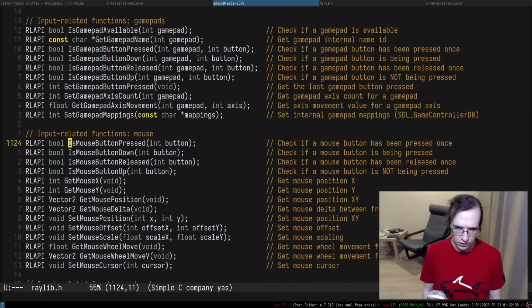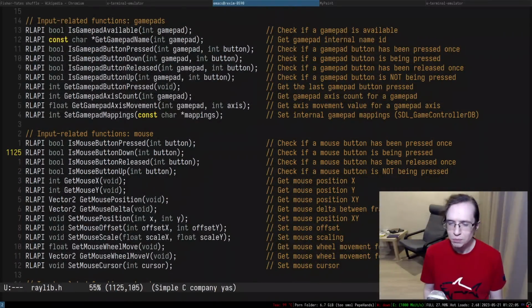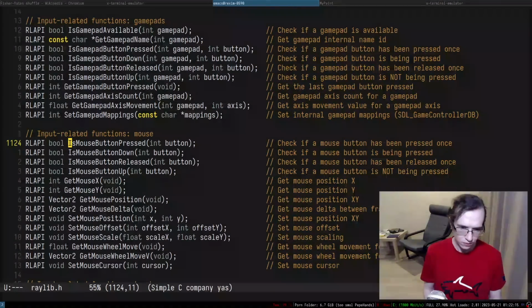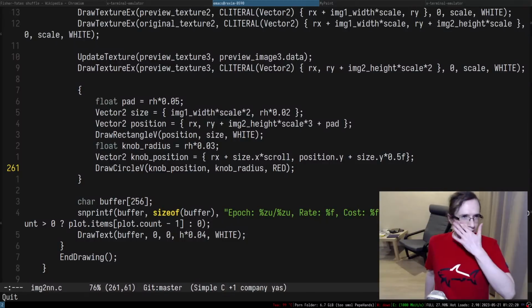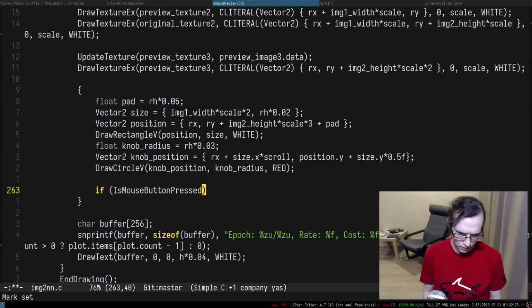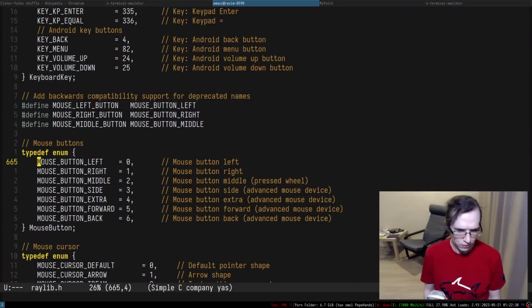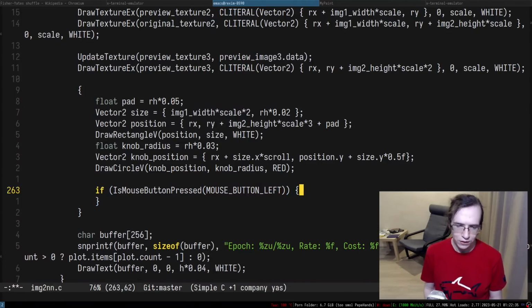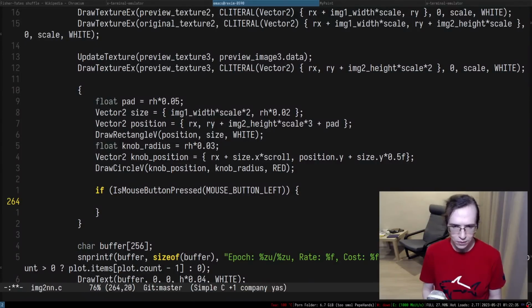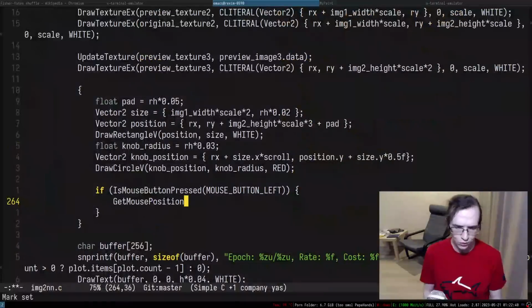And what kind of buttons can we have in there? Right, so is mouse button down? Check if mouse button is being pressed. So when we actually went sort of down, pressed and released. All right. So we pressed it down. If mouse press down, but what button? So mouse button, I suppose left, right? So we only care about the left one. If the left one is pressed and the mouse position, you get mouse position is inside of this entire thing,